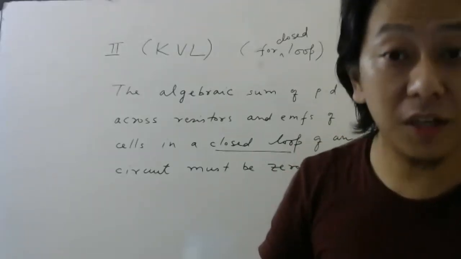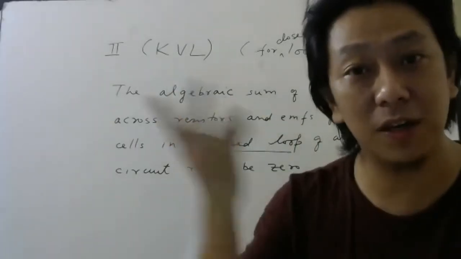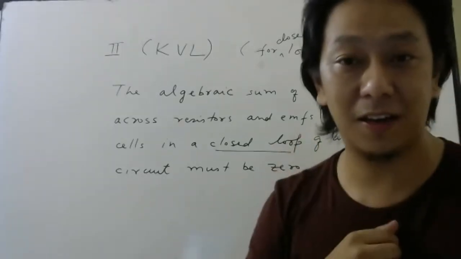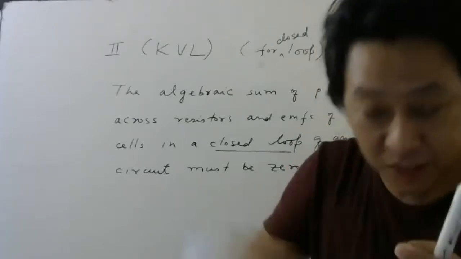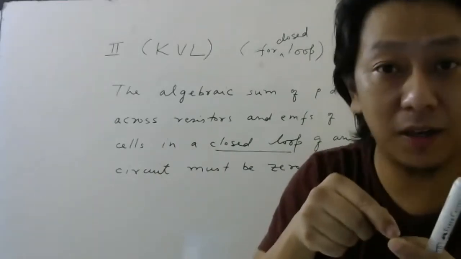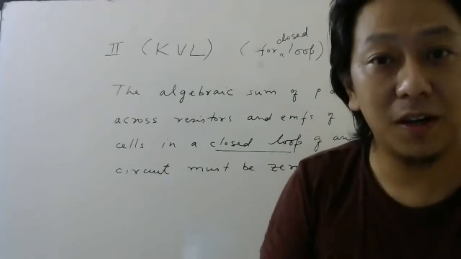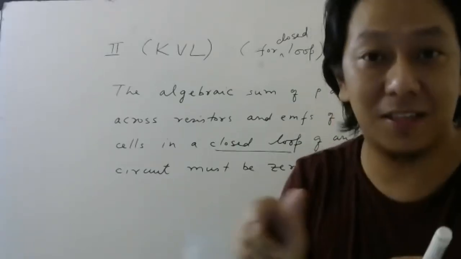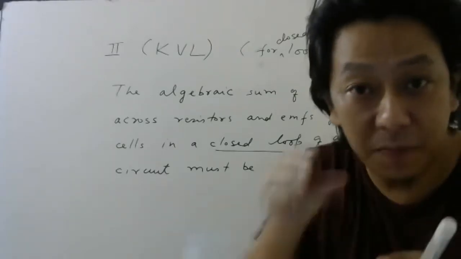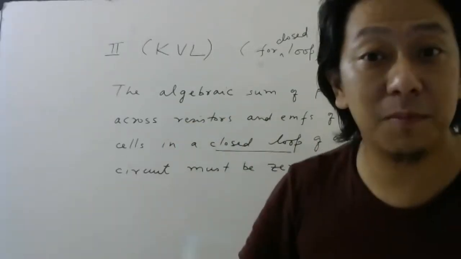Now think. Potential is a what, students? Potential is a function of position. From school days you are being told potential energy is energy due to position. So if you start from a point of the loop and you come back to the same point, then the change in the position should be 0 because you are back at the same point. So if you keep adding the changes in the potential for resistors and cells, ultimately when you come back, the total change must be 0.